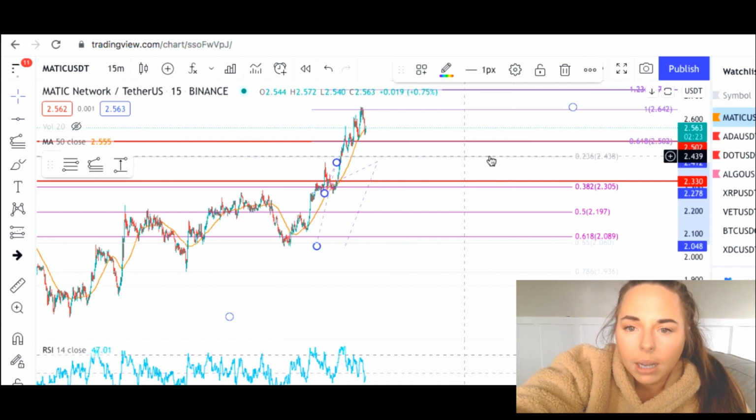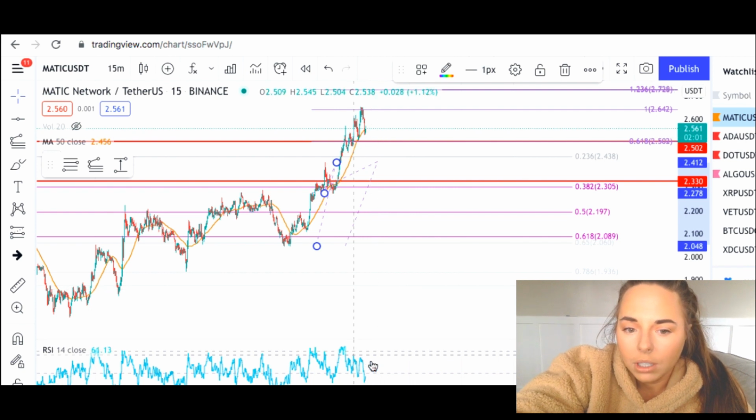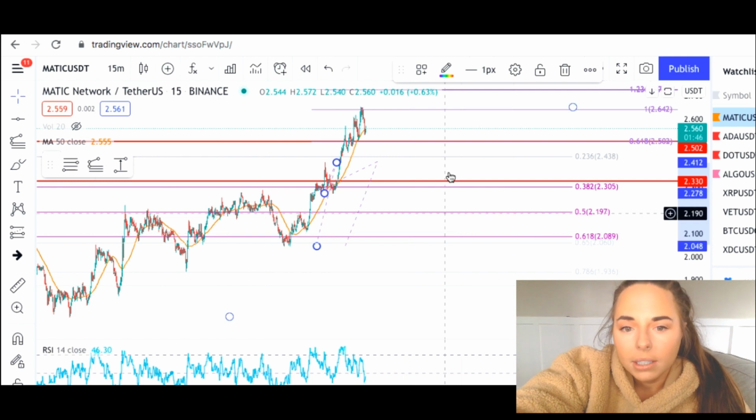A lot of times I have fibs drawn, and this is usually my strategy: divesting, taking profit, and then these become our buys down here. So buying at 2.20 and then 2.09 will be our next buys we can ladder. We just want to make sure as it's coming up, we're adjusting our fibs and making sure that it's losing strength. I have a few more entries to go on my position that will extend my liquidation point further if it needs it. Otherwise, I'm just going to stick to this strategy, having an order right before my liquidation point, and then divesting, taking profit, and buying. So that's what I'm going to be doing.